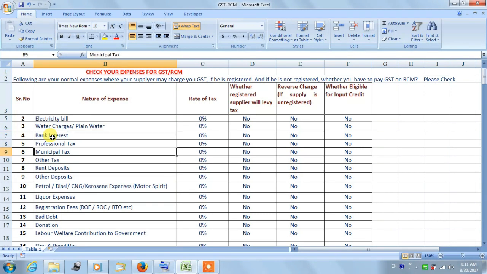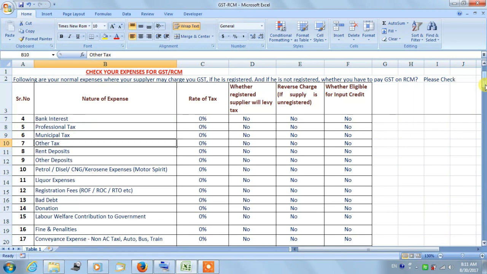Those expenses include salary, wages, bonus paid to employees, electricity bill, water charges, bank interest, professional tax, municipal tax or any other tax, rent deposit or any other deposit, petrol, diesel, CNG or kerosene expenses, liquor expenses,